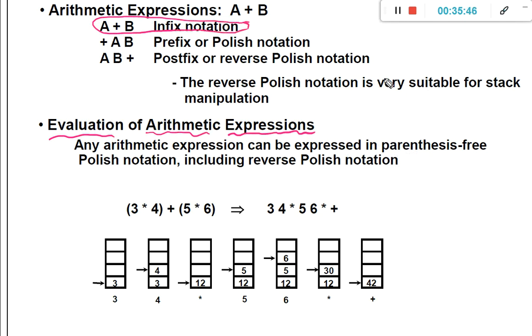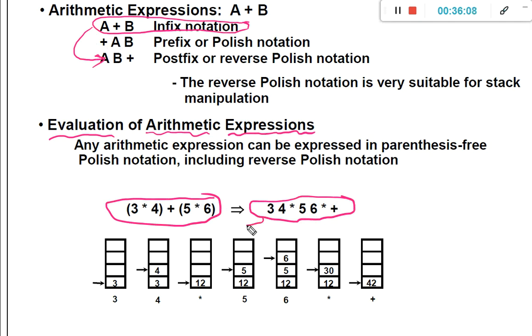So to make sure that the computer understands and evaluates the expression correctly, we need to convert the infix expression into a postfix expression, and after converting, we are going to evaluate the postfix expression using the stack implementation.